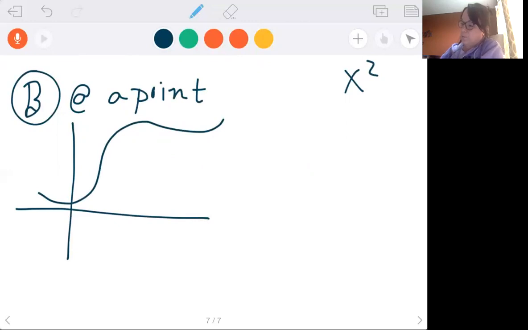So let's go to a point. Let's go to the point 3, f of 3. I don't want the derivative everywhere. I don't want a function for the derivative everywhere. I want to know what's f prime of 3. Well, f prime of 3 would be the slope of the tangent line, and I should have drawn it better,